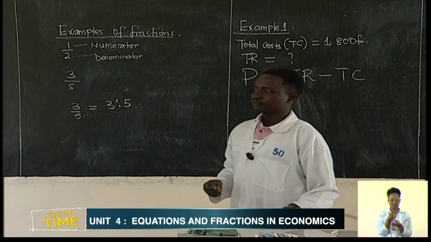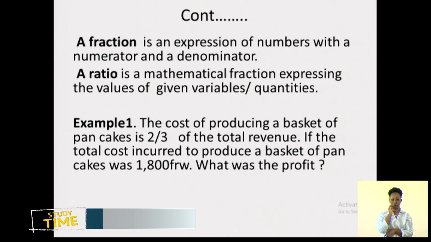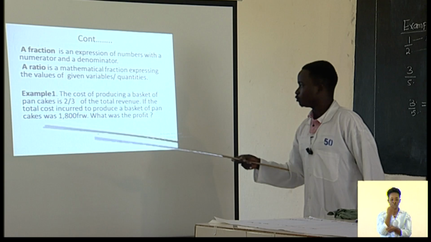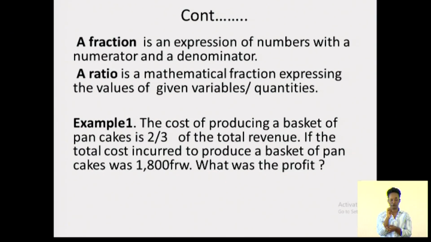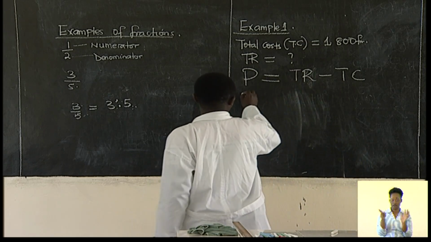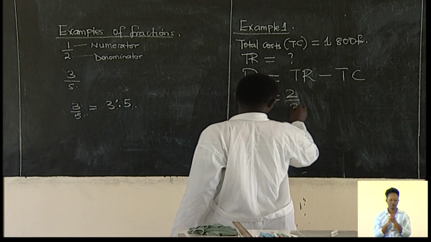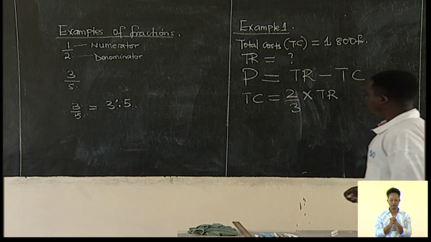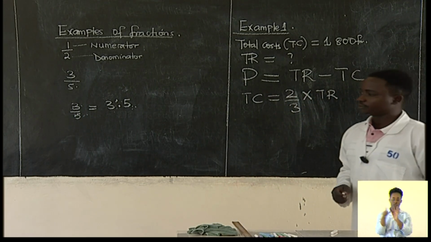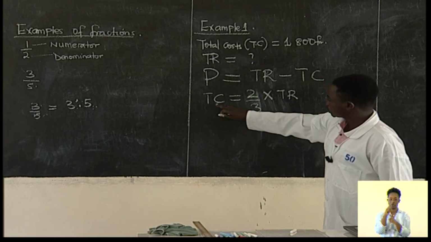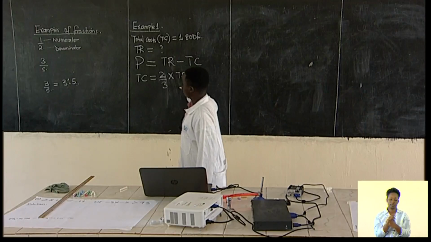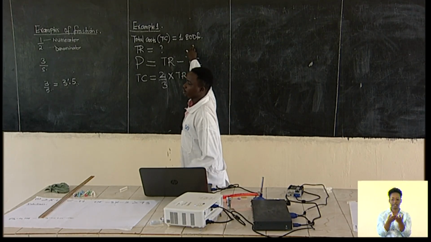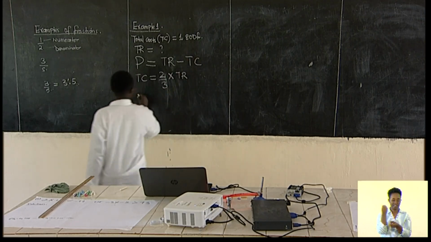But here, we have that the cost of producing this basket of pancakes is 2 out of 3 of total revenue. So total costs is 2/3 of total revenue. And here we have been given the total costs incurred. So total costs,